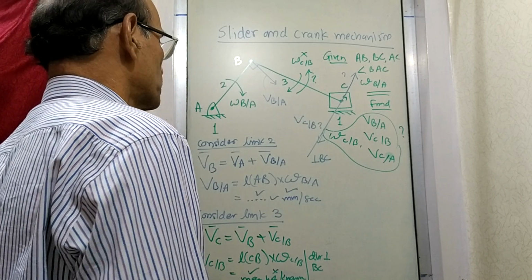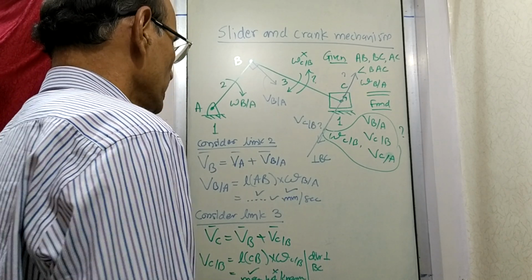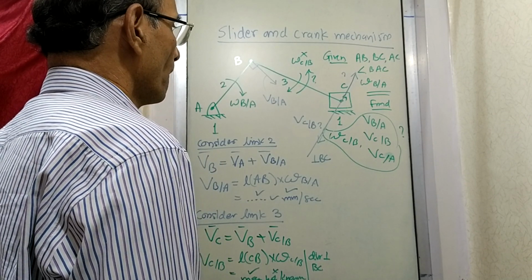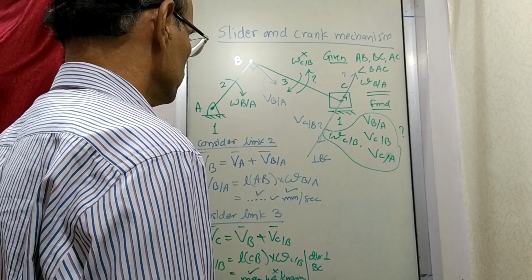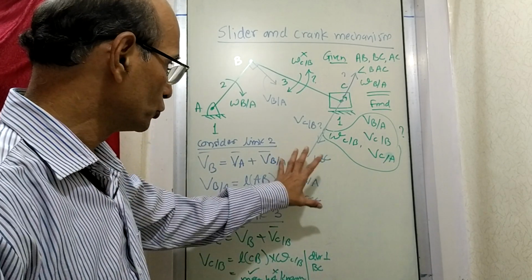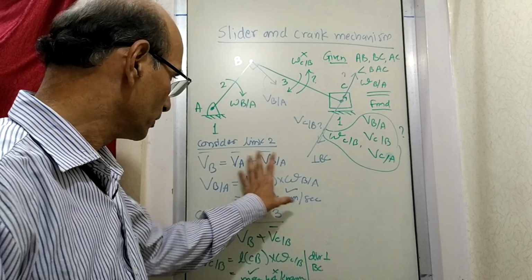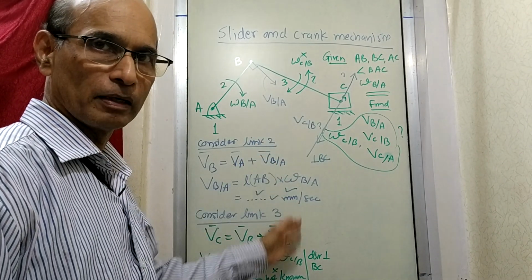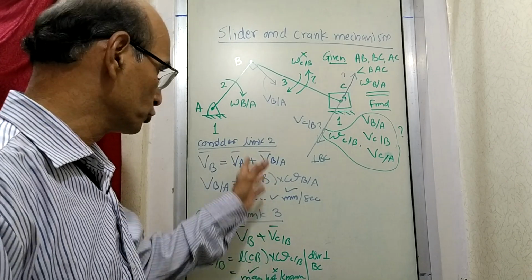Okay, so what do we do next? Now at this stage, we have to, in fact I need some space here to write down, so you jot down this first, then I will remove this and then I will explain the further part in this blank space, so you just write this down.